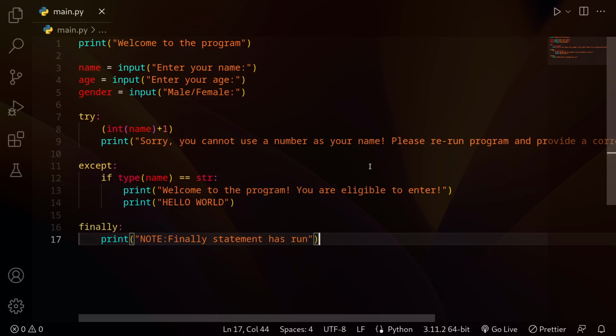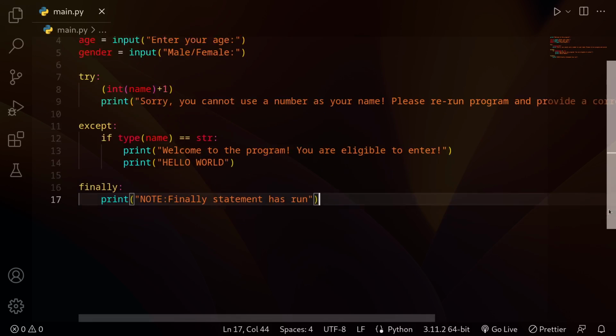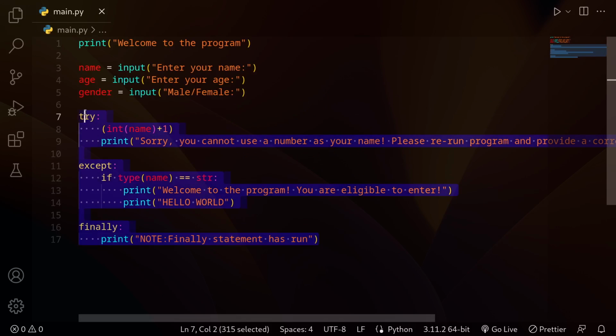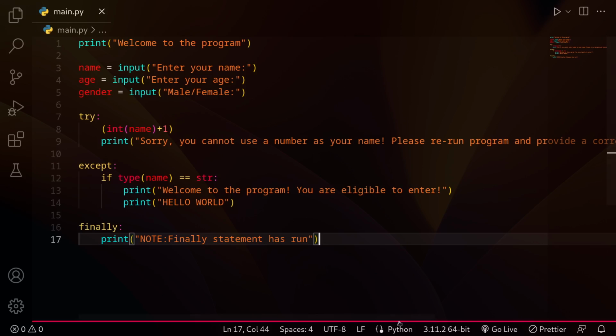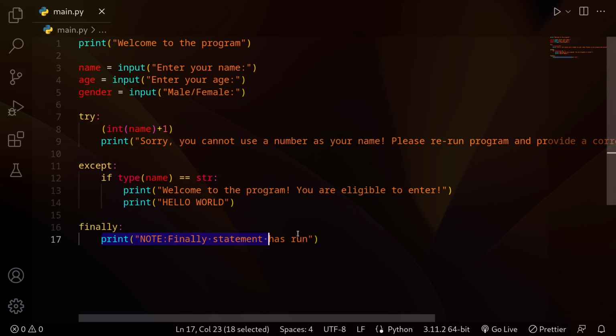So after this, our main purpose was to look at the functions, right? So I'll be showing you functions right now. So after we did this, note finally statement has run. So this program is going to be only about name. So let's not make anything about age as well. Or do we want it to be making about age as well? So let's do it. If we want the age to be a real age, then what we can do is open up the